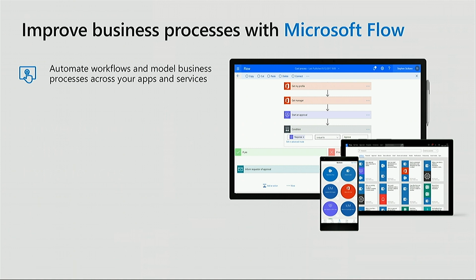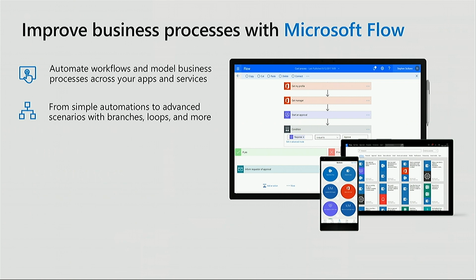processes, take away manual activities, respond to events without having to have a human in the middle. We also have a great experience around the more advanced capabilities, whether it be things like branching, like if-else, switch statements, or loops like for each or do until, are all capabilities that you would expect from an advanced workflow engine. And even though you can start very easily visually with Flow, you can actually keep going deeper and deeper to build a very complex workflow using this piece of technology.